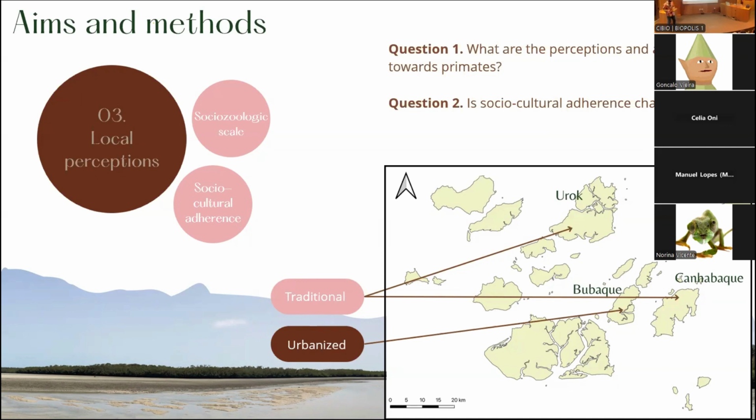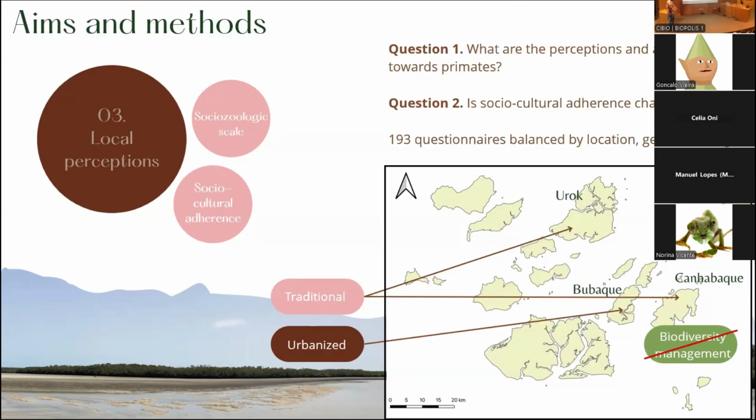because there was a very strong presence of the Portuguese during the colonial time, when they were controlled by the Portuguese. And also, there are some differences between the traditional islands. In Urok, we have a local NGO that is doing some biodiversity management actions, and also actions to preserve biocultural diversity. But in Kenyabac Island, that is not the case. So there is no active biodiversity management, and this can affect, of course, the way people see the animals and conservation. That's the questionnaires.